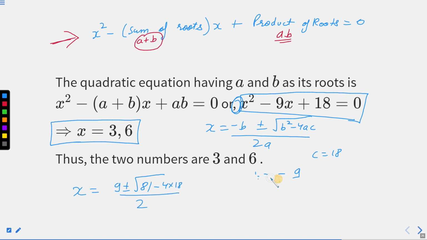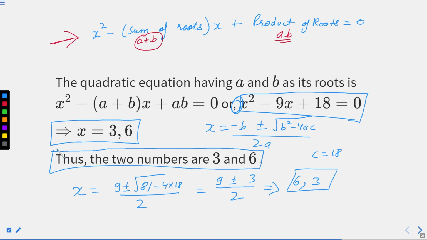Further, it equals 9 plus minus root of 81 minus 72. After calculating the subtraction and applying the root, the value will be 9 plus minus 3 by 2. This implies 12 by 2 is 6 and 6 by 2 is 3. Clear? So the two numbers are